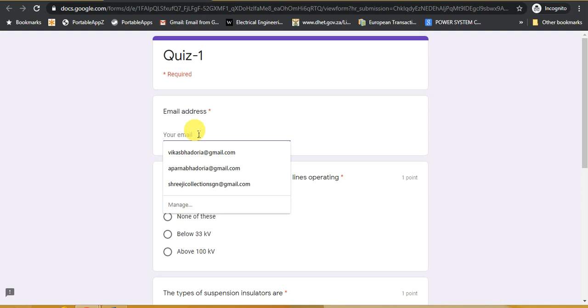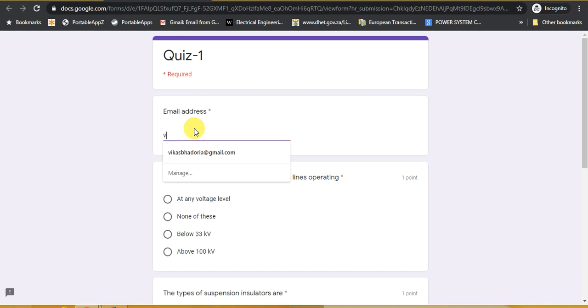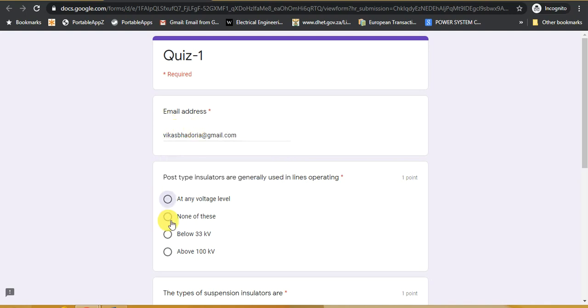Now suppose a student is submitting the answers in this quiz, then first he will write his email ID, then any answer.